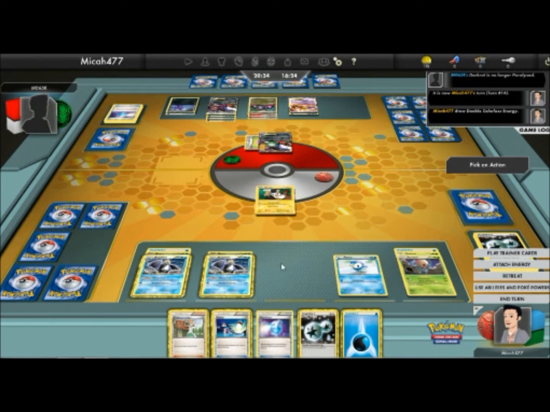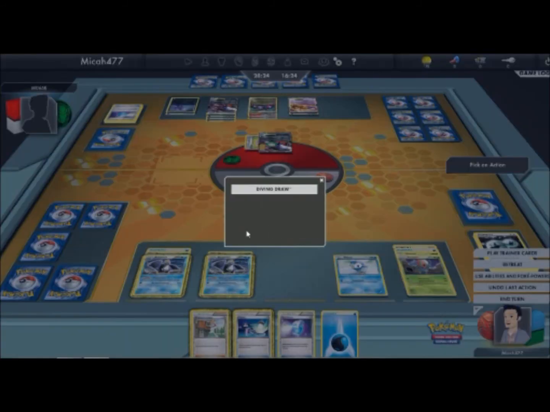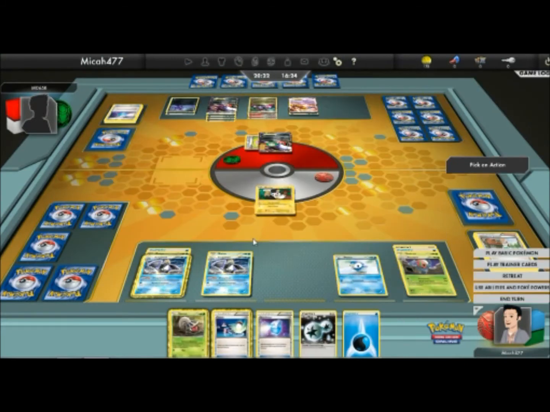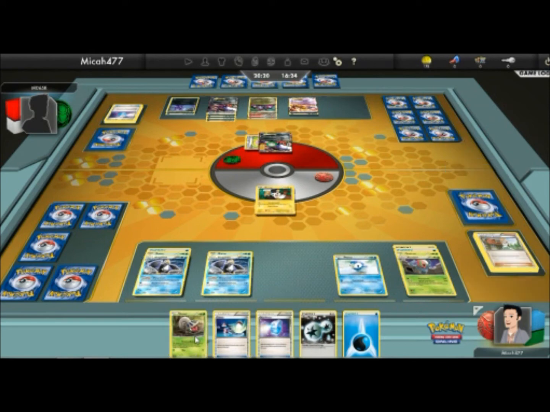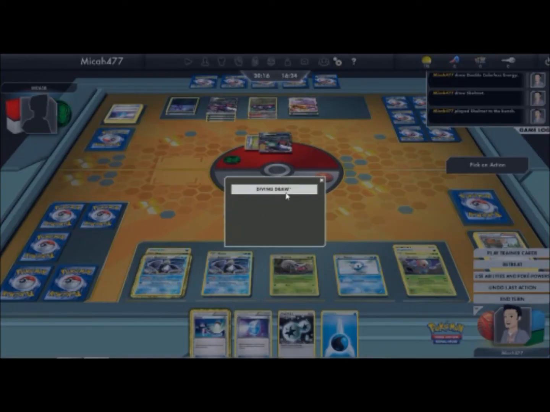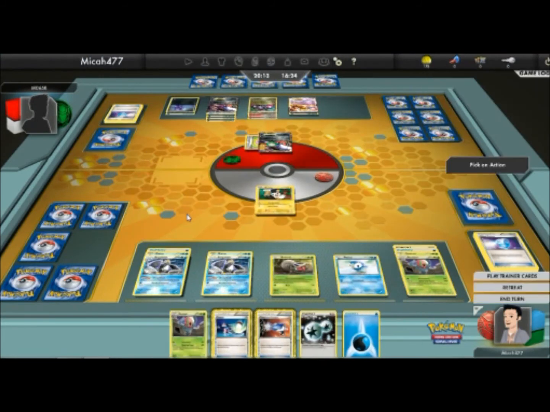So our opponent ends us into a different hand. I don't want a Juniper because this hand is actually pretty good. So we'll go ahead and use Diving Draw to get rid of the Juniper. Just trying to draw more cards. And we get the Shelmet, which is great because that means that we can actually keep up the paralysis loop again. Even after he's used Max Potion,